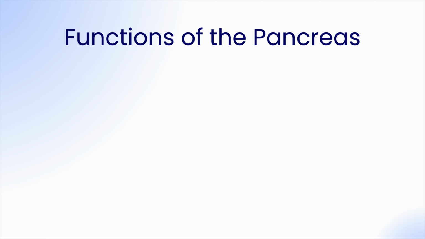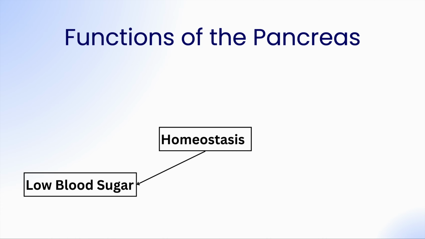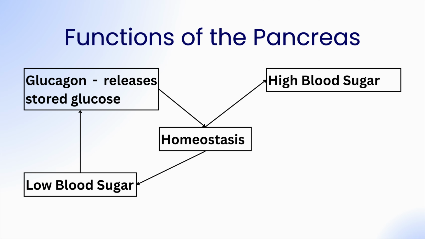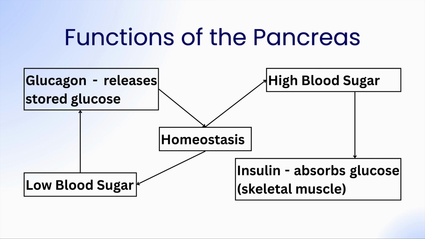Now, this is a pretty interesting part: we can look at the pancreas being involved with homeostasis, right? So if our body realizes that we have low blood sugar, the pancreas will actually release glucagon, which tells the body to release the stored glucose, which in turn increases the blood sugar. Now, similarly, if there's high blood sugar, so there's too much sugar in our blood, our pancreas releases insulin,